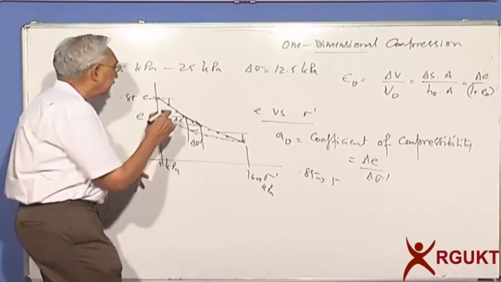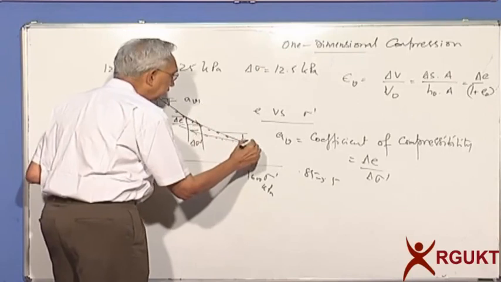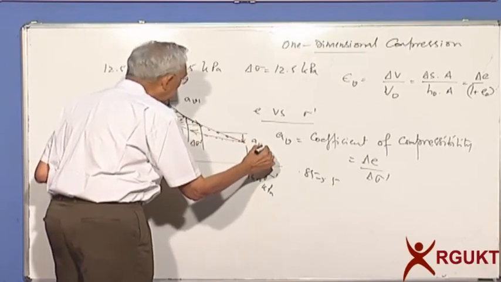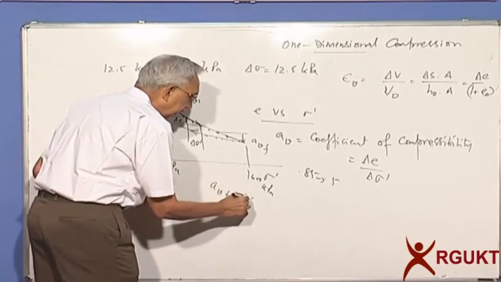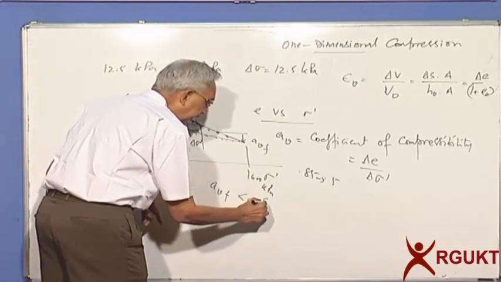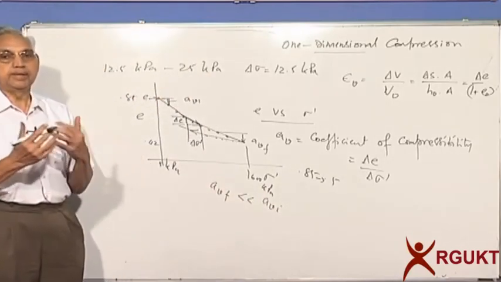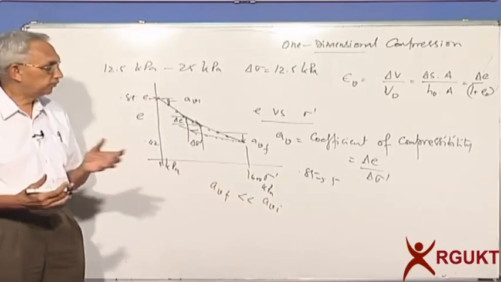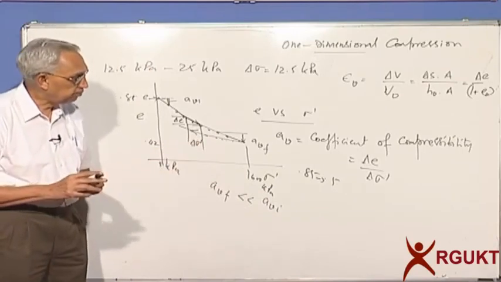So, if I look at a sub V here, and if I look at a sub V after the final value, the coefficient of compressibility at the larger load will be very small compared to the initial value. So the soil is becoming denser and stiffer with increasing load. We'll now try to define these parameters in the next